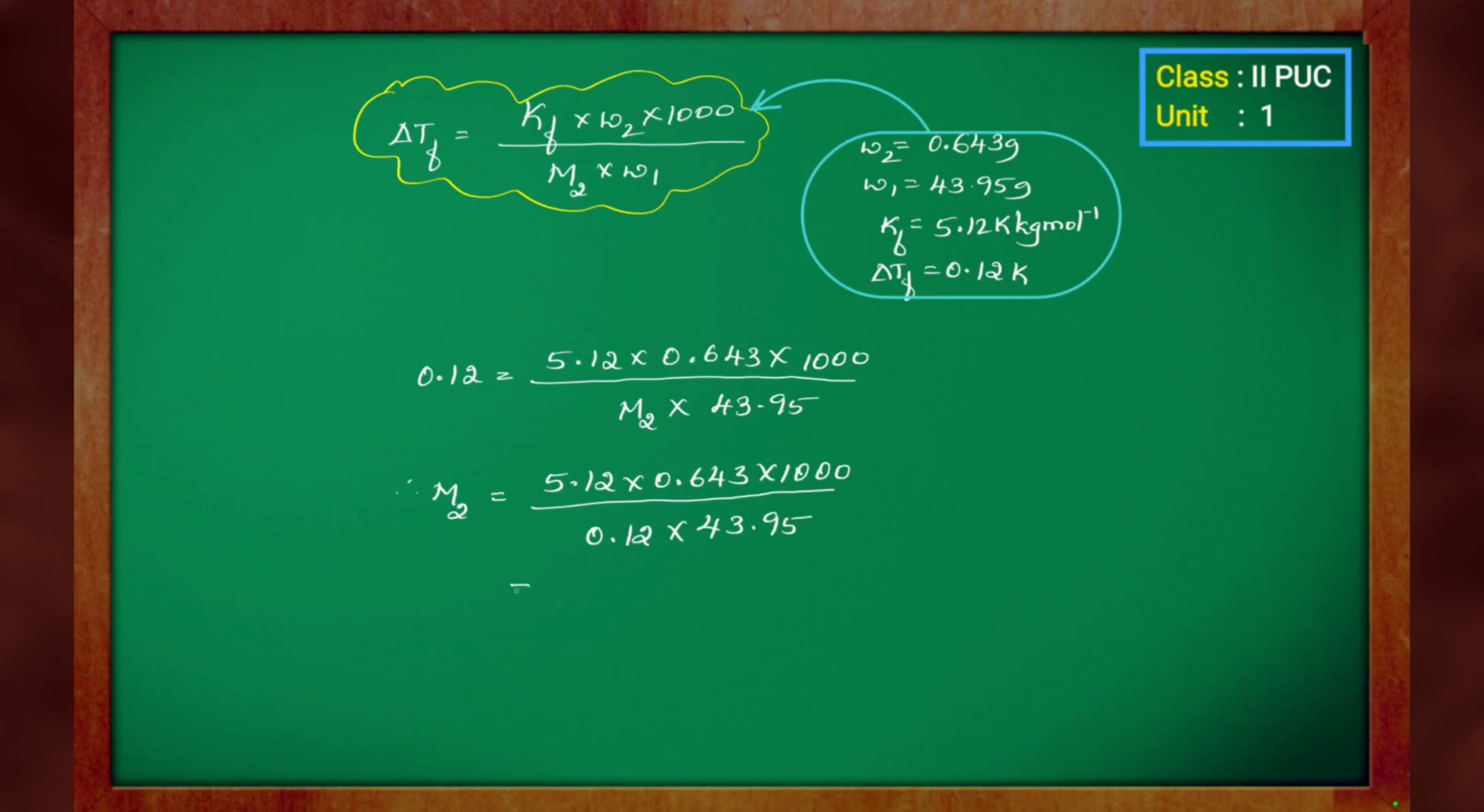After simplification, we get M2 as 624.22 gram per mole, which is the molar mass of the compound that's added, which decreases the freezing point of